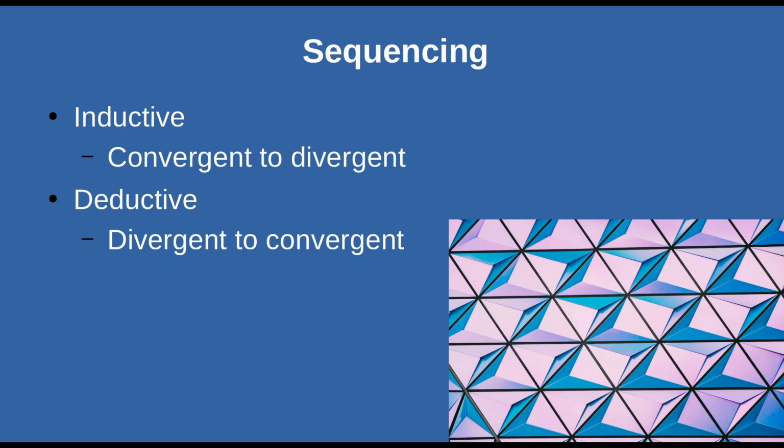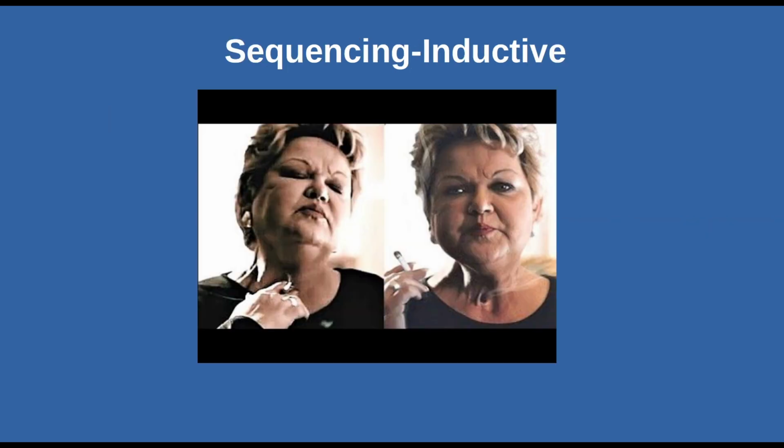So, going from questions that have one answer to questions that have multiple answers. And if you want to focus more on deductive reasoning, which is where you have a general premise and then you start to develop examples of that premise, you will start from divergent questioning and move to convergent questioning. And these are just some sequences. There are others, as we will see in a few moments. But let's take a look at each of these.